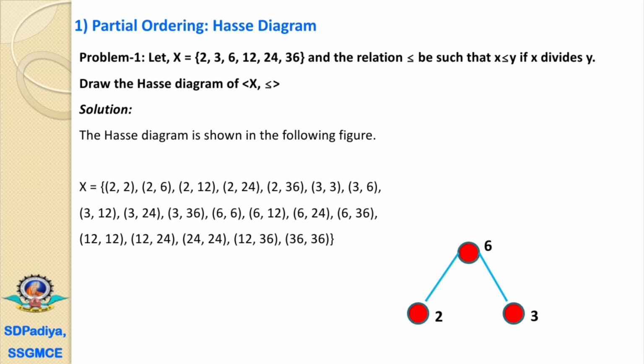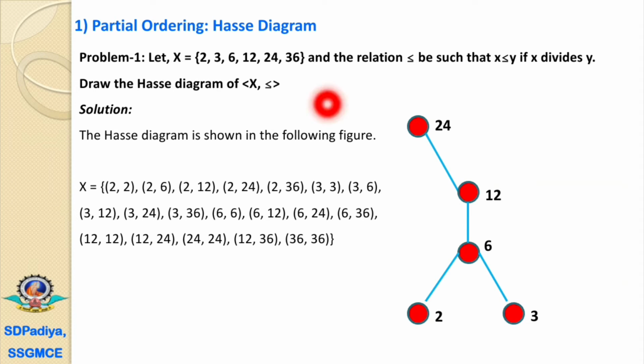Now the next element is 12. Now this 6 is a divisor of 12. Here we have the 6 comma 12. That's why we'll draw this 12 again at the above level. Now for the next element 24, there is a relation between the 12 and 24. The 24 covers 12, that is Y covers X. Again we have to draw the 24 at the above level and we have to connect the 12 with 24.